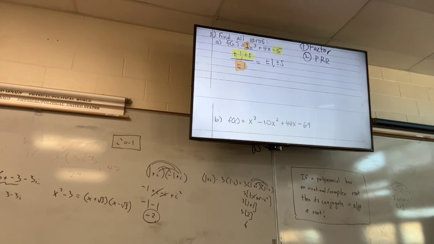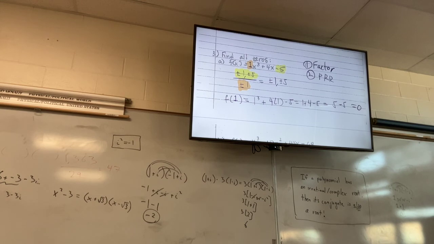All right. So let's try 1. So f of 1, we're just guessing and checking. F of 1 equals 1 cubed plus 4 times 1 minus 5, which equals 1 plus 4 minus 5, which equals 5 minus 5, which equals 0. Okay. So one of my roots, right? We have the root x equals 1